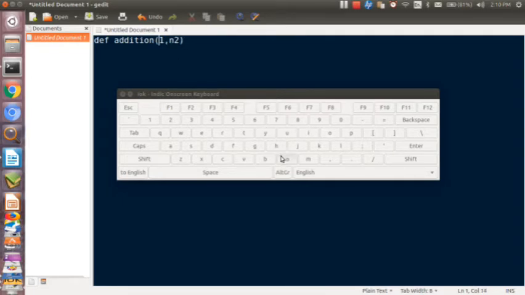N1 should be small. This is how we can write a function, followed by a colon.